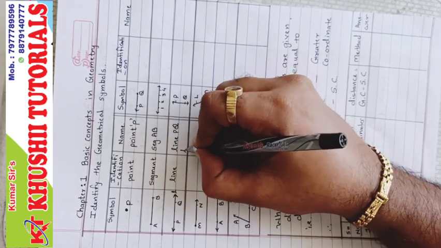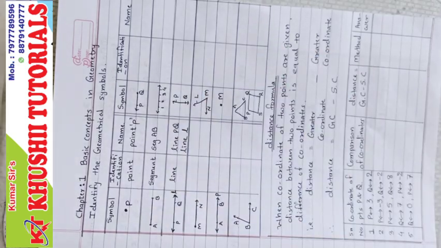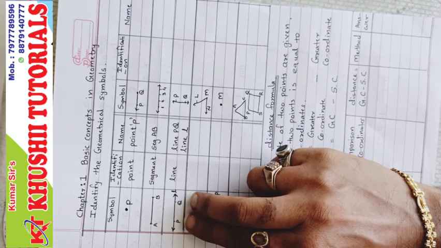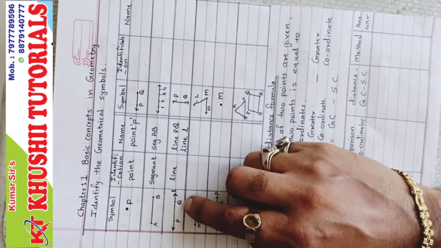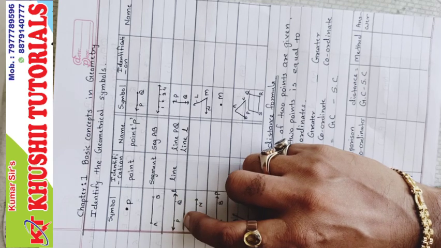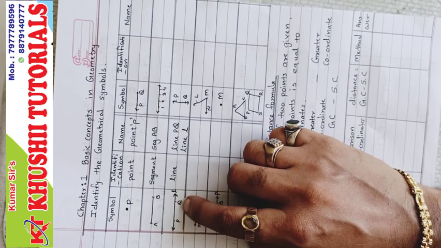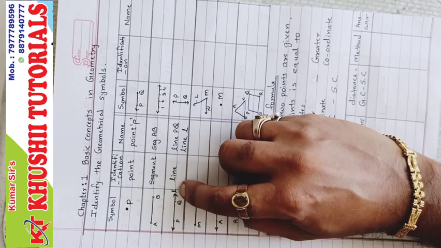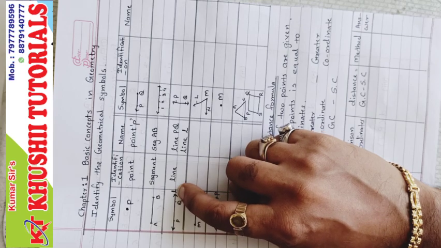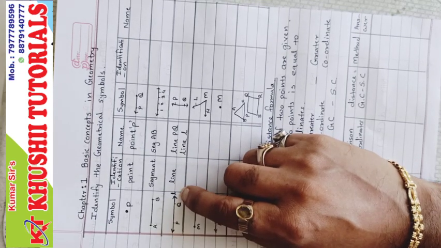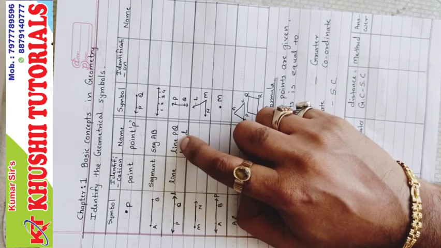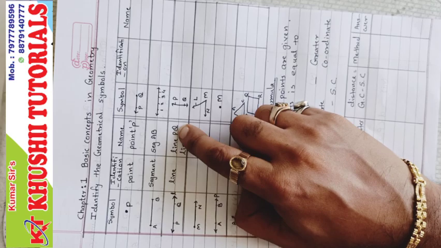Next, this is called a line, and the name of the line is line PQ or line L. It can be identified in two ways. The first way is any 2 points on the line, which is PQ. P and Q points are on the line, right? Therefore you can say it is line PQ, or otherwise you can give just a single letter outside the line near to any of the arrows. This is called line L. So you can name it in any way, single letter or double letter.